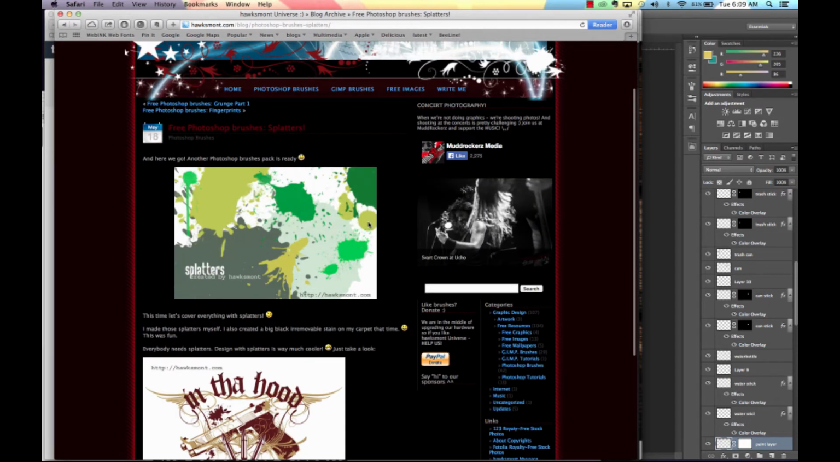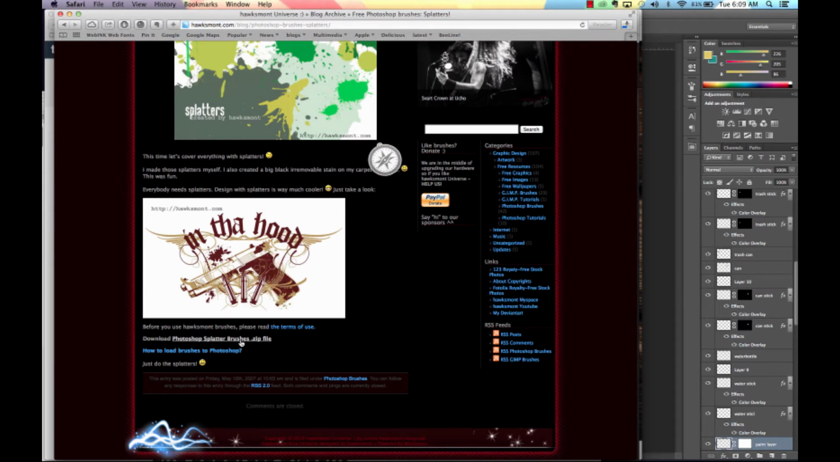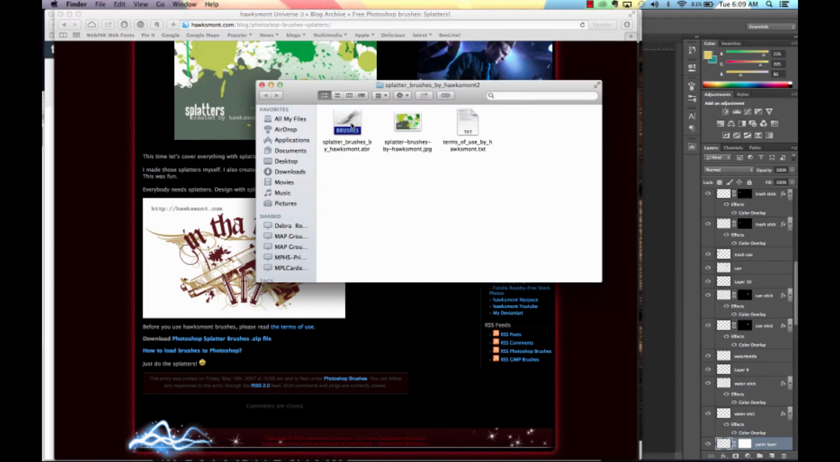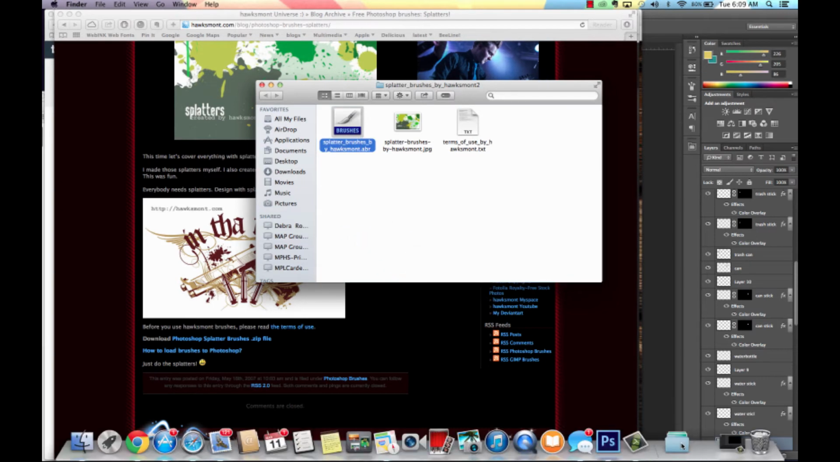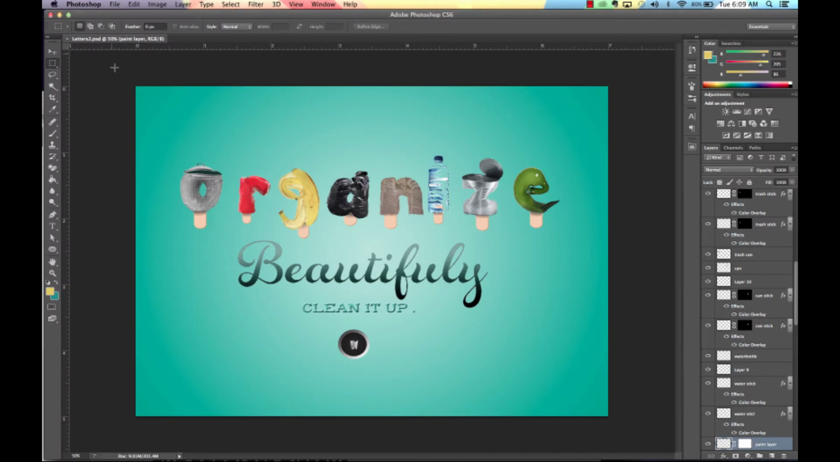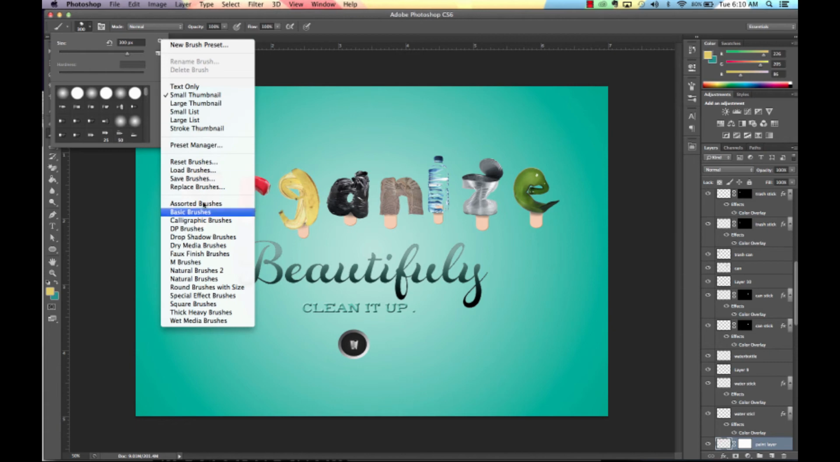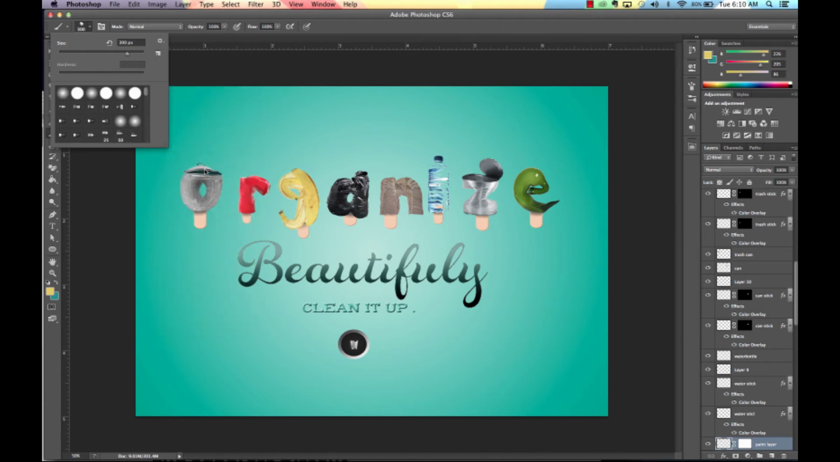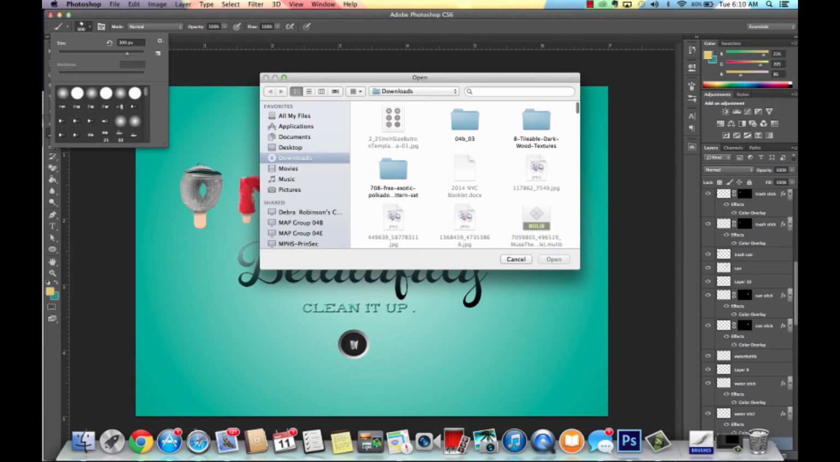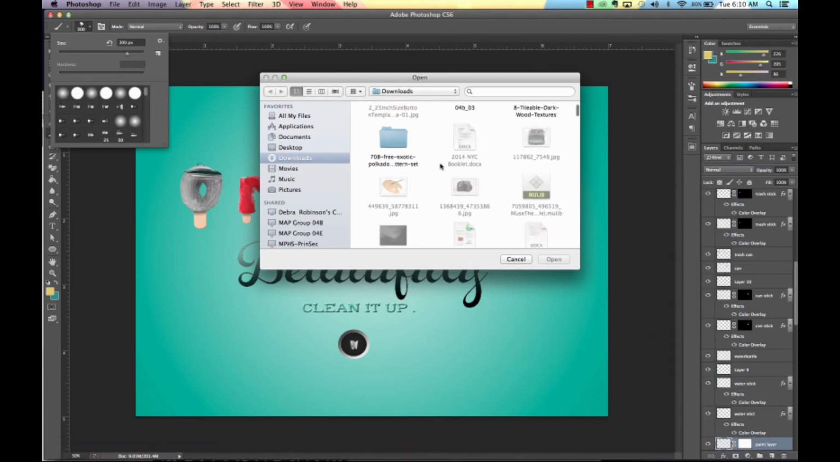And as I'm looking at this site, it gives me a link to the free splatter, and I can download down there. Oftentimes I will take from the file the brushes and put that into my folder. Now I can come into my Photoshop. I can go to the brushes, the cogs wheel, load brush, splatter brush by Hawkins,